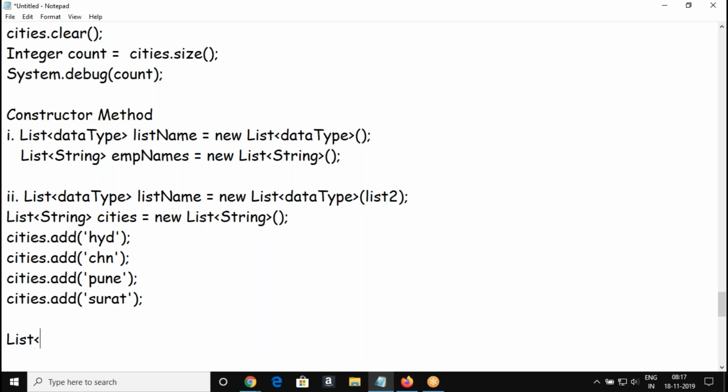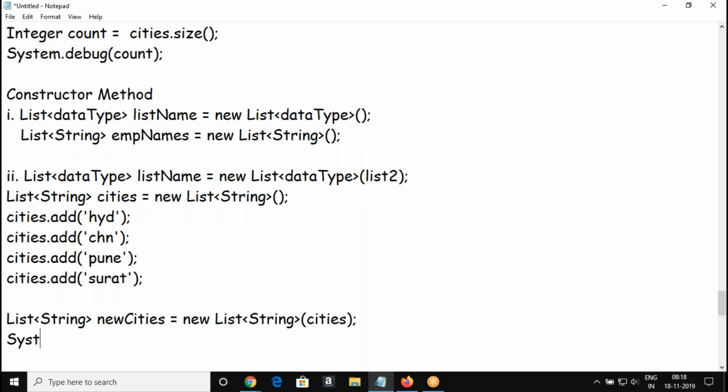I'm going to create a new list from this, new cities, new list of cities. So as a constructor method, you are going to pass the cities here, another list. If you display this list, what will you get?